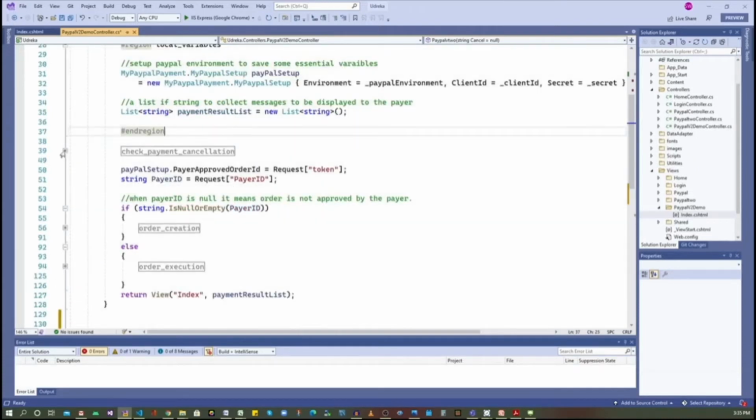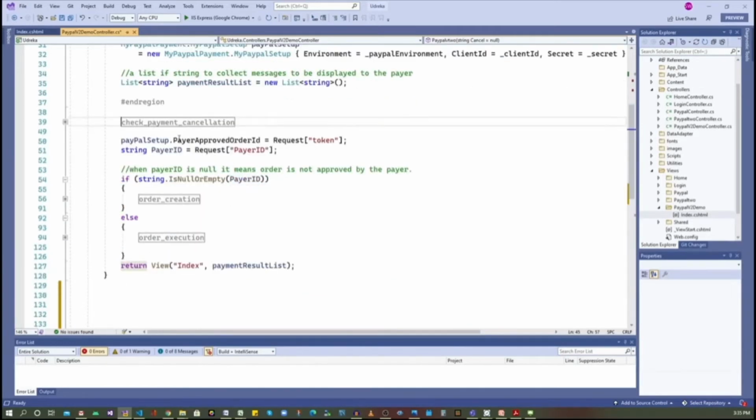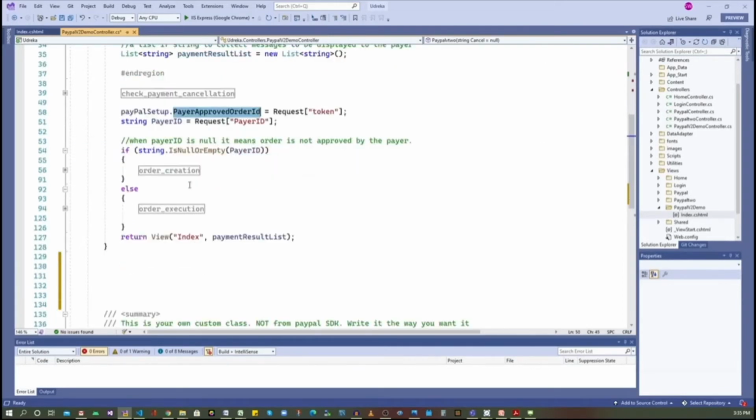The very first thing is we are going to check whether it's a cancellation. If it's a cancellation, we do not do anything. We simply inform the user that the transaction is cancelled and we return the view. If it's not a cancellation, we move ahead. We check the payer ID and the approved order ID. If these values are null, that means the payment is not yet approved, so we simply create the order.